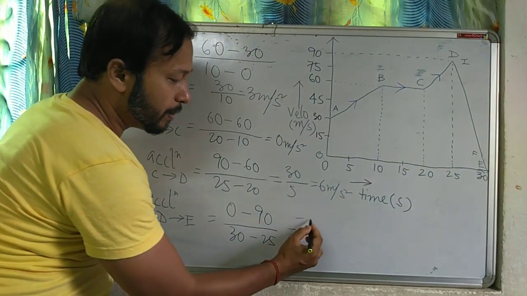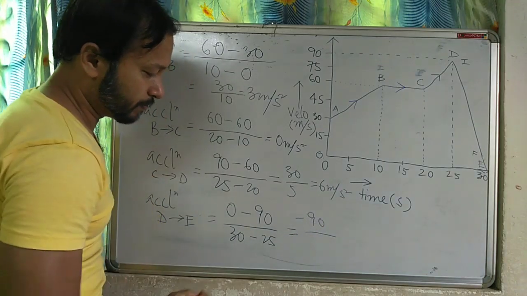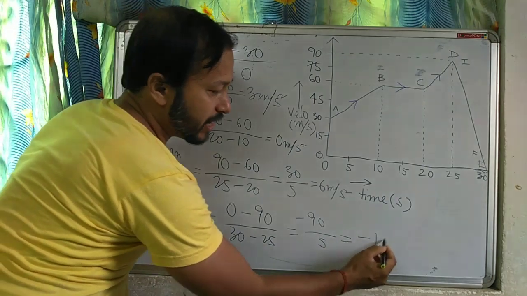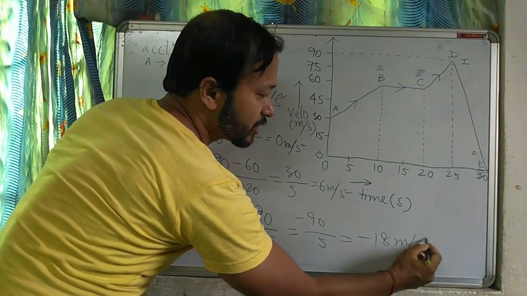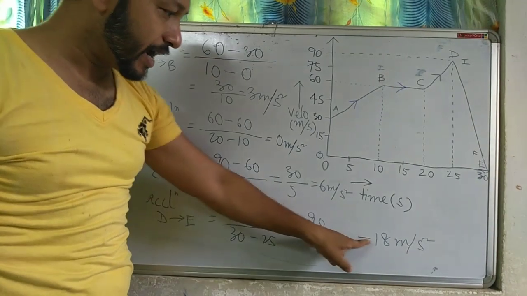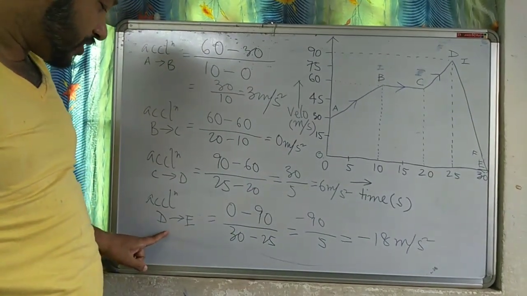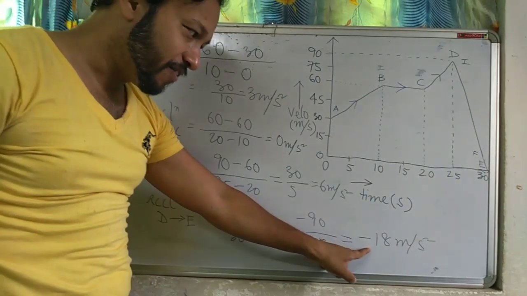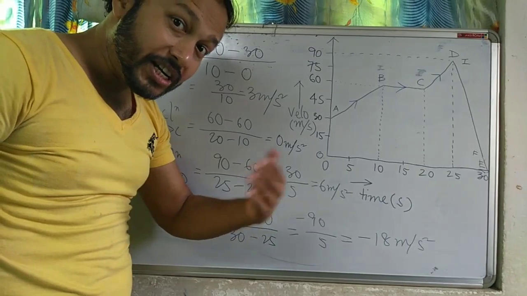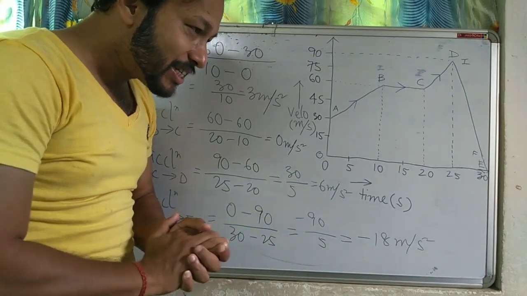So 0 minus 90, that is minus 90 divided by 30 minus 25, which is 5. Minus 18 meter per second square. Acceleration is negative. We know that when acceleration is negative, it's not acceleration, it is retardation, meaning it's decreasing